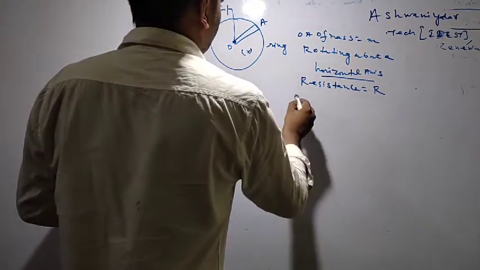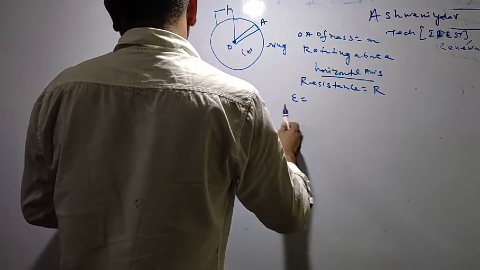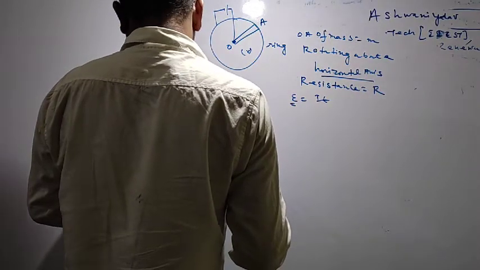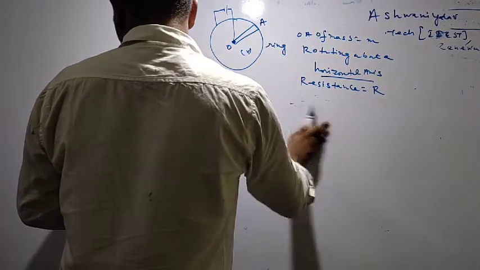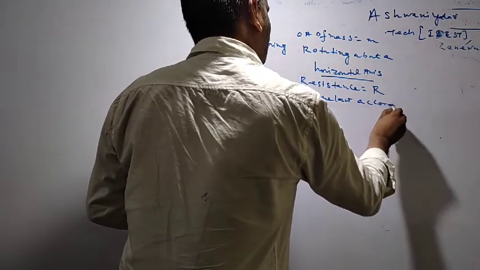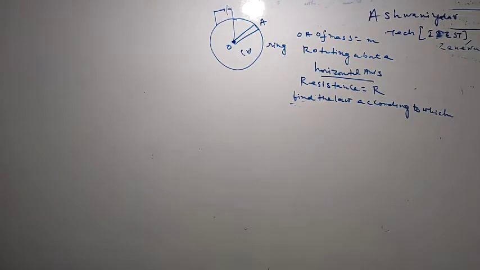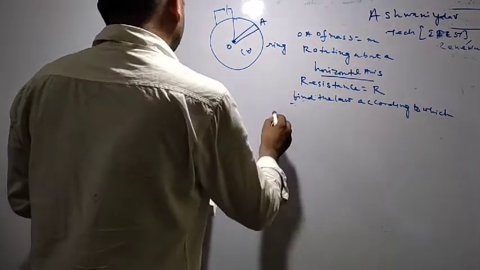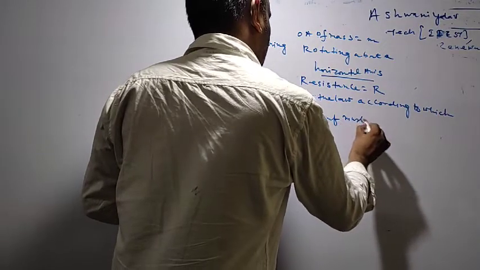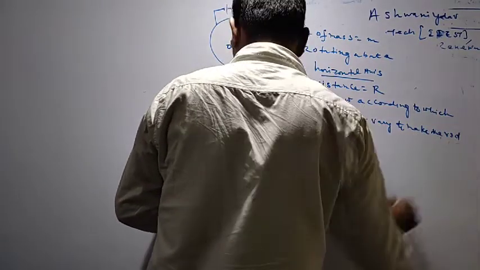Then you develop the equation of EMF in such a way that it varies with the source. Now the question is: find the law according to which the source EMF must vary to make the rod rotate